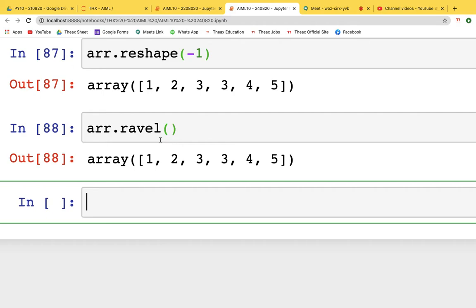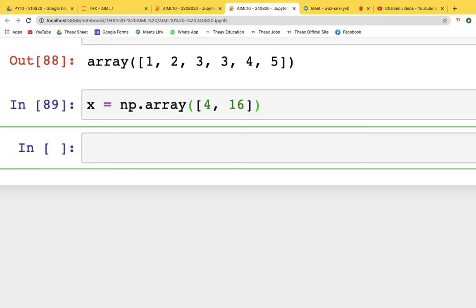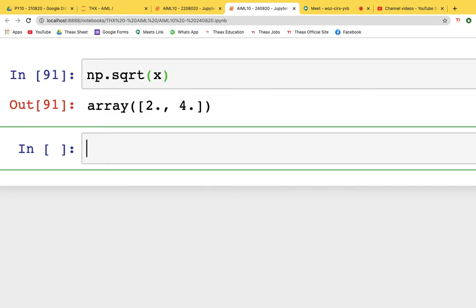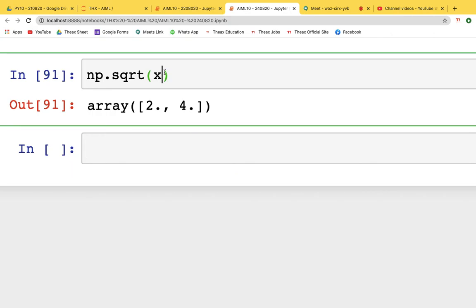Now moving up. Let's say you want to find something. As I said, it is important in the case of mathematics, so how is it important there? Let's say you have numbers: you're having 2, you're having 4, you're having 16, and such like that, and this is x, which is np.array of this. So what is x? 4 and 16. But when I say np.sqrt of this x, this is 2 and 4 itself. And if you want your outcome to always be in an integer format,